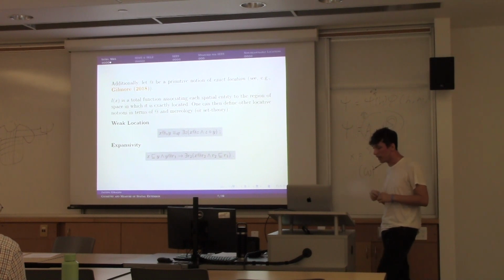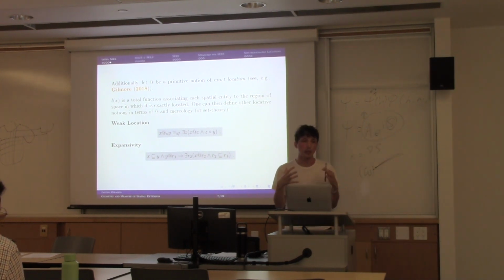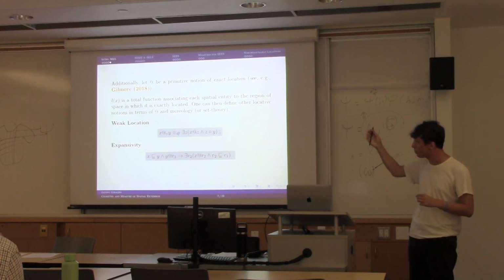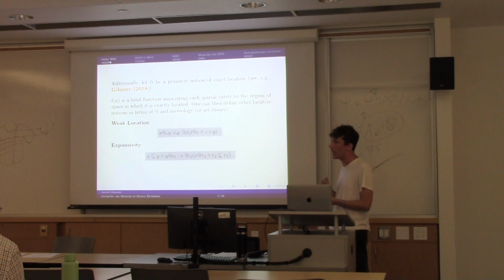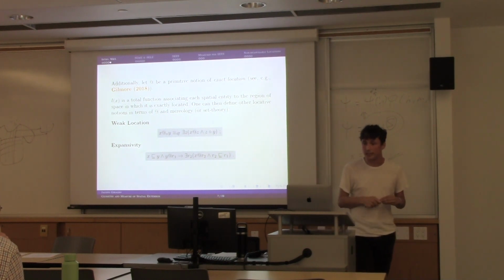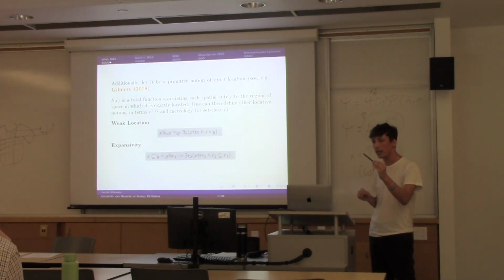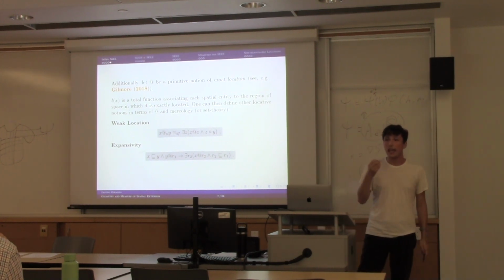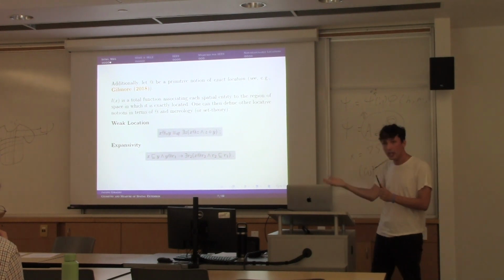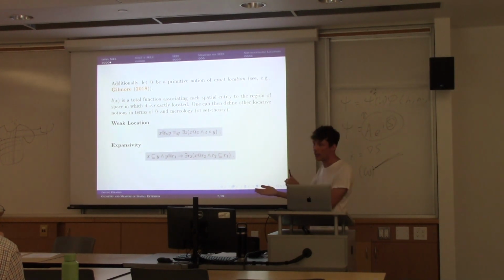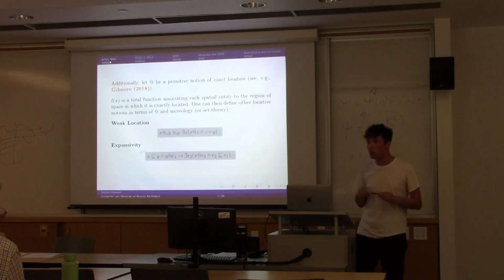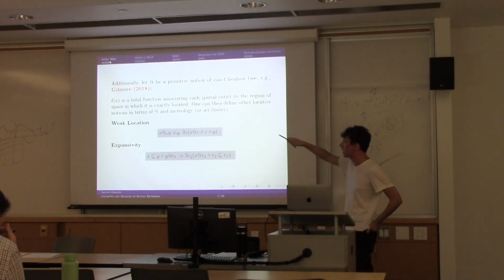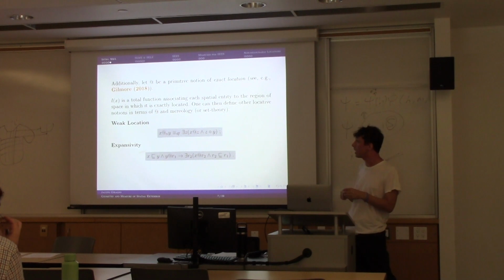And what about the theories of location? Theories of location are typically based on a notion, the notion of being exactly located at. So exact location, okay, this is proposed by Gilmore in 2018, but also by other philosophers before, like Parsons in 2007, and it's such that X is exactly located at R. Okay, this means that X, that can be a spatial region or a material object, exactly has the same shape and size of the region that it occupies, and stands in no spatial or temporal relations to the region it occupies. And I will require that we can talk about exact location of material objects or spatial regions. So the function is a total function associating each spatial entity to the spatial region in which that entity is